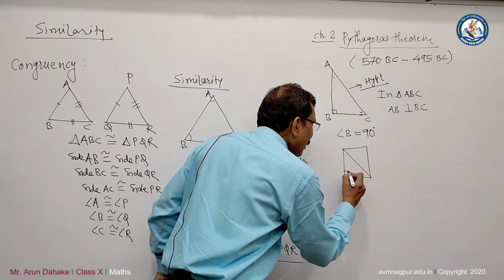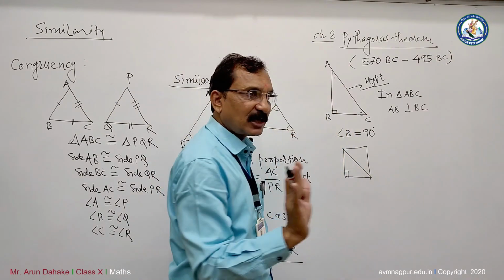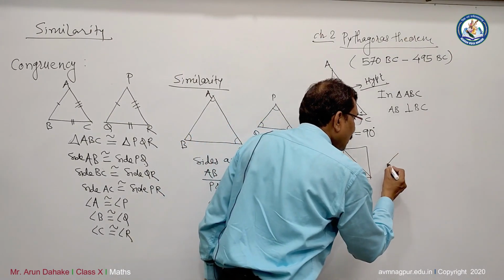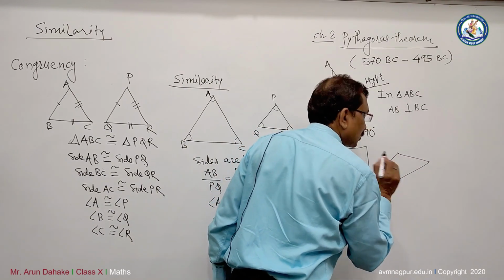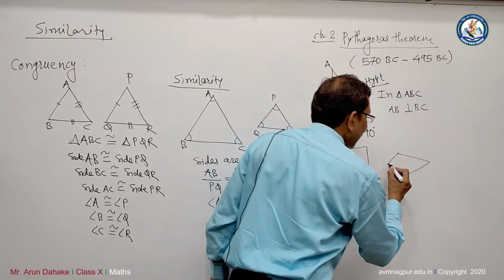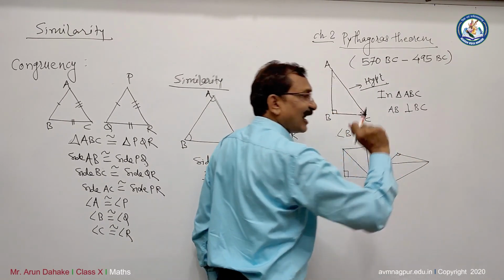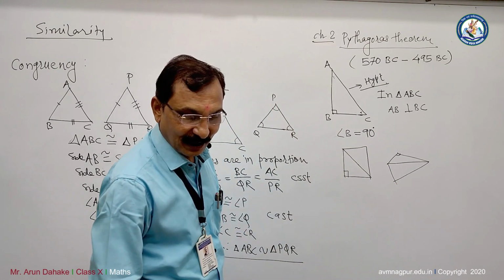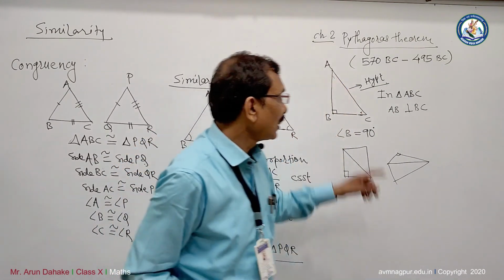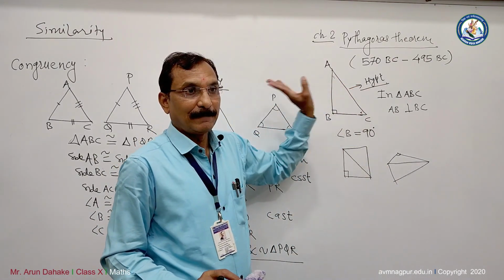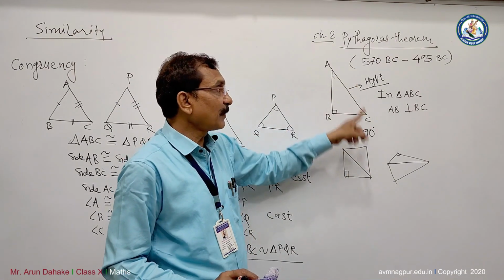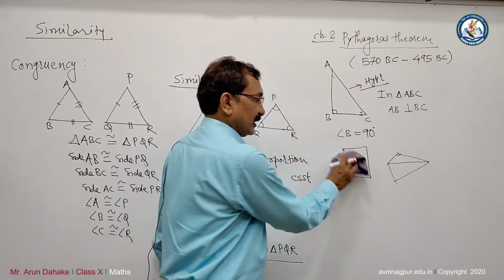So, the side opposite to 90 degrees is called the hypotenuse. But if the quadrilateral is a scalene quadrilateral like this, or a trapezium, then there is no 90 degrees. We cannot say that it is a hypotenuse, and that's why we use the terms hypotenuse and diagonal separately.